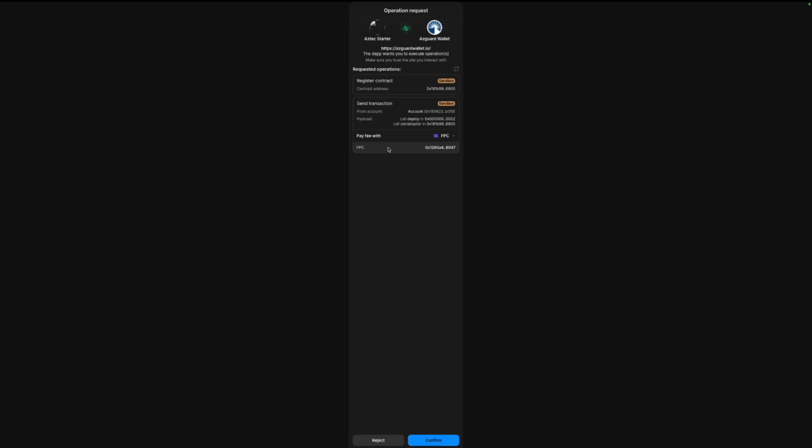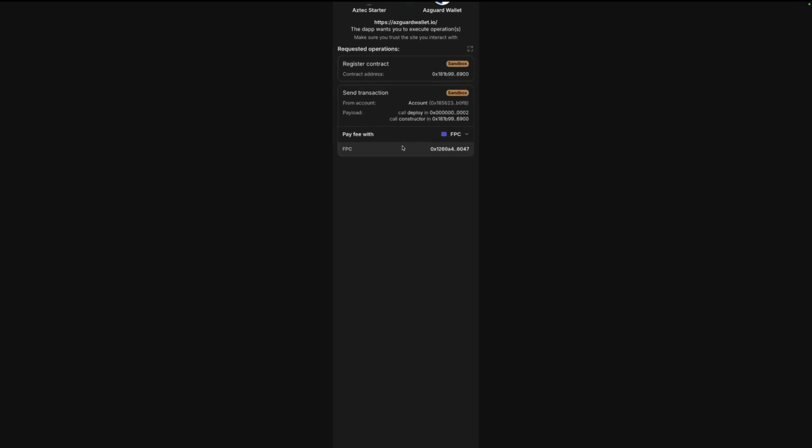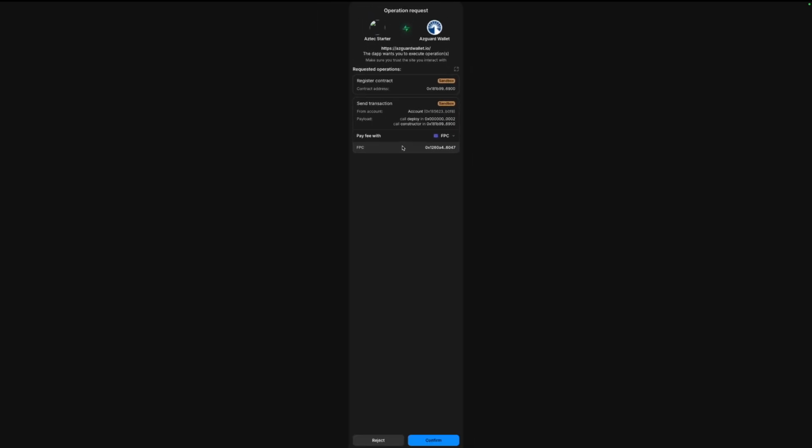Okay, this thing also will be a bit interesting to you. Pay fee with FPC. Every contract interaction requires some fee tokens. Just like in Ethereum, you pay fee with ETH. In Solana, you pay fee with SOL tokens. Here as well, in Aztec, there is a fee token. And currently, there is no native token specific to Aztec. So there are these fee-paying contracts who can pay the fee basically on behalf of you, right? Both the wallets have these, so you don't have to care much about the fee when you are just testing things out. So we have clicked on execute,